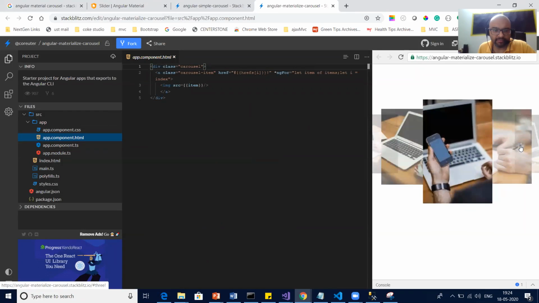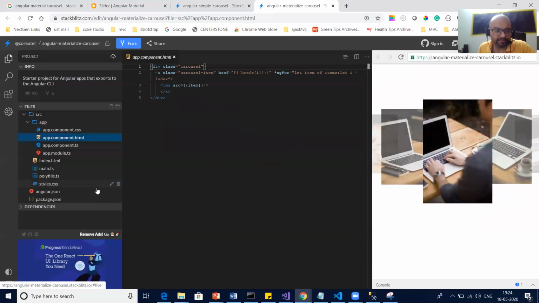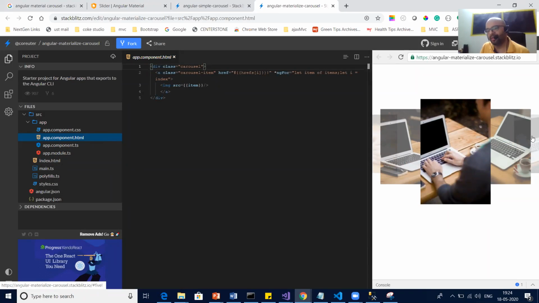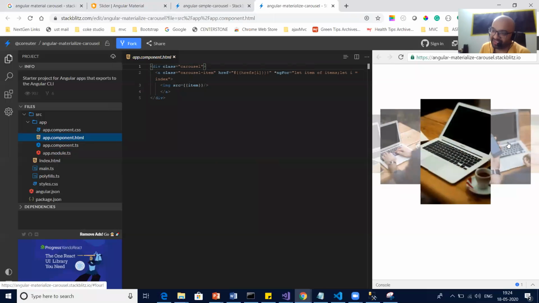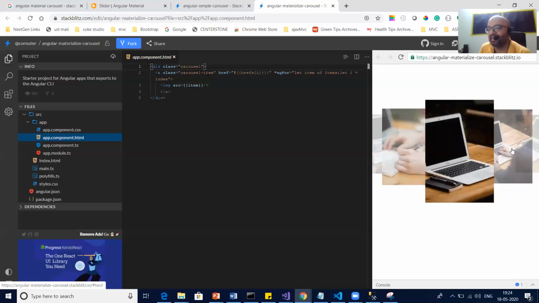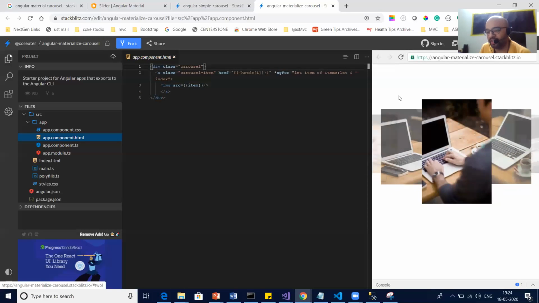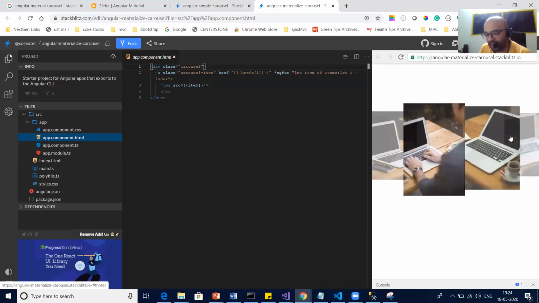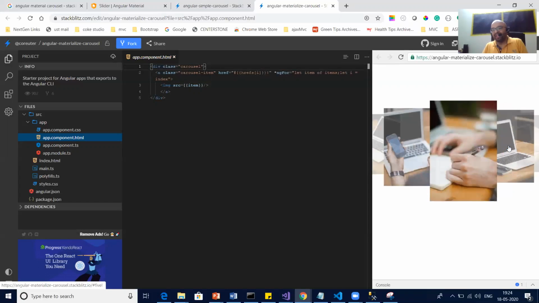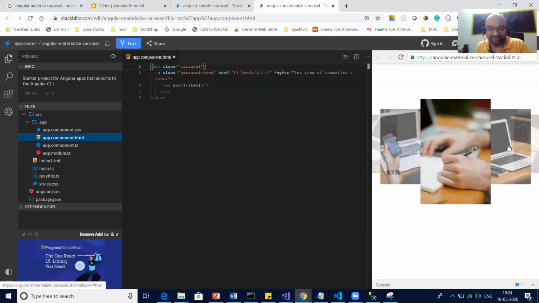Nice, very nice. Carousel items. See, when I wanted such kind of carousel in my previous company, I never found this. I had to create it on my own. And see, now I am finding something else. We call it a 3D carousel. I wanted to find a normal simple carousel in Angular Material, and now I'm getting a 3D carousel. Wow.